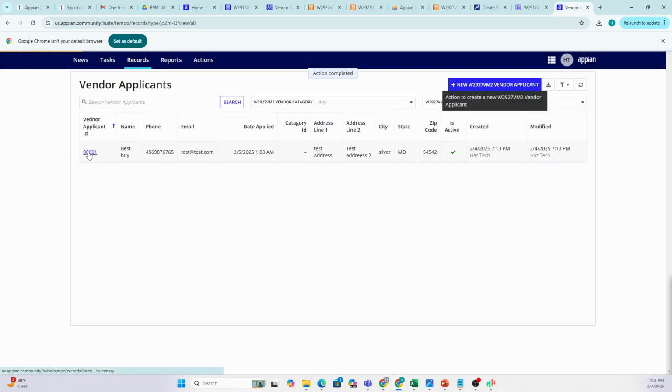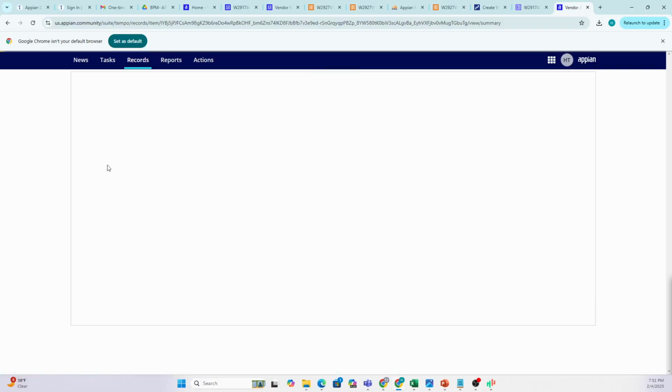For now, when I click on the Best Buy, I see nothing there. All the information on the summary page is nothing, but I want to see something when the user clicks on that, so let me create one view, a user display object, for summarizing the record